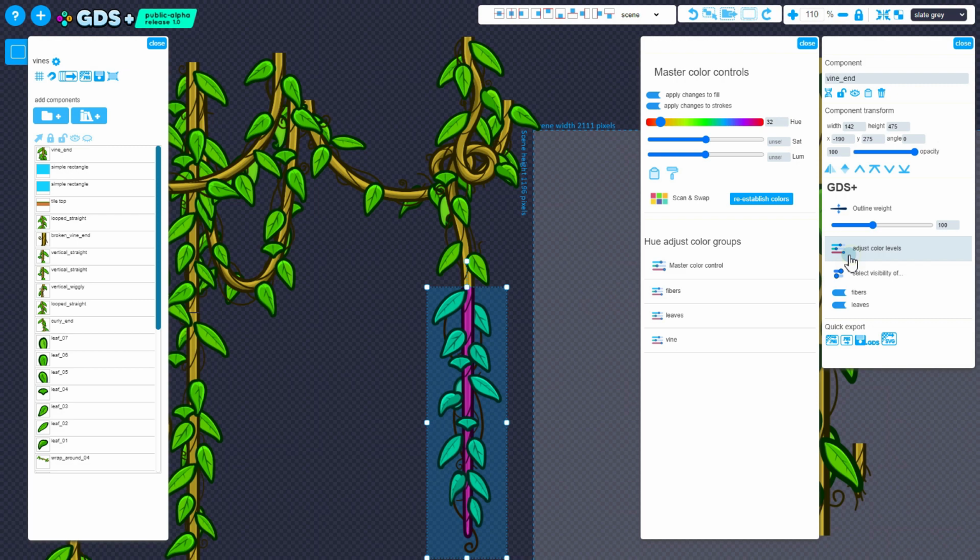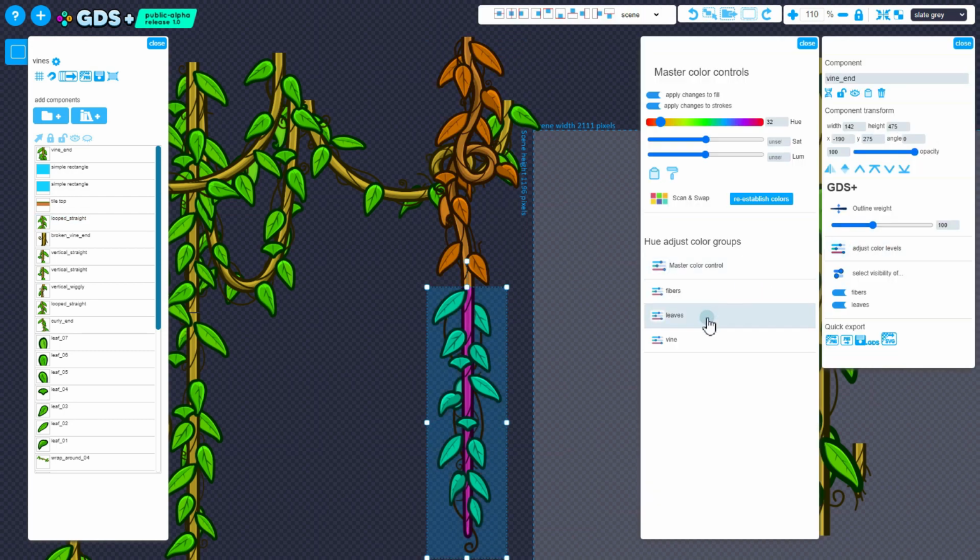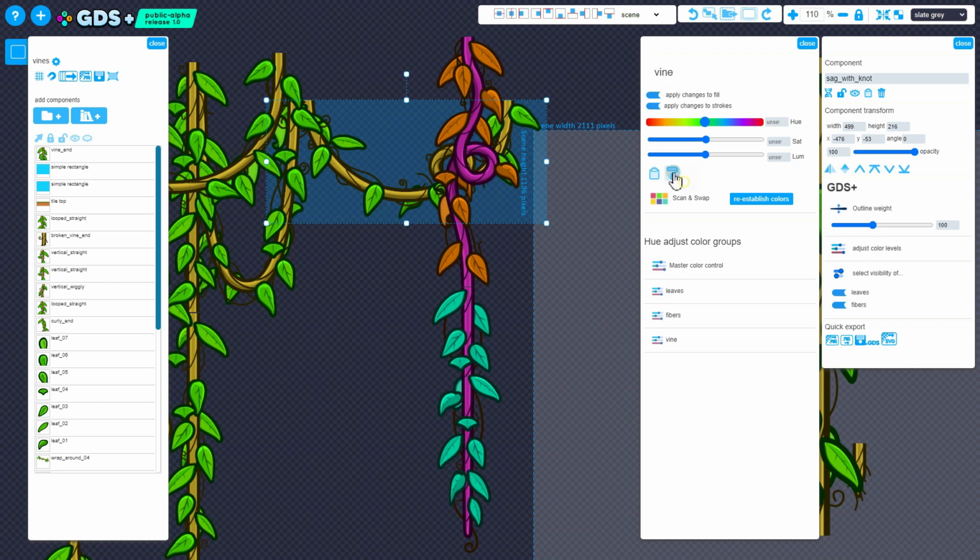So we can't use the master colour. If we select the master colour and we copy that, you'll see that it doesn't change them all. So the best thing to do is select the vine, copy the vine, and go through and add the vine. Select the vine, paste it in, select the vine,